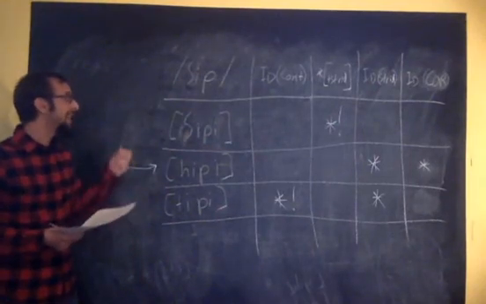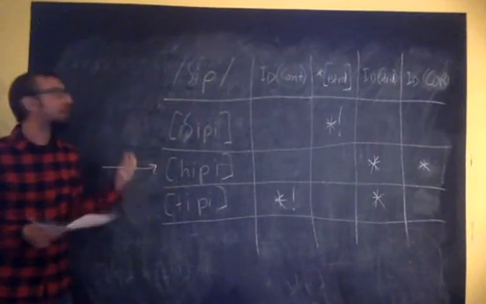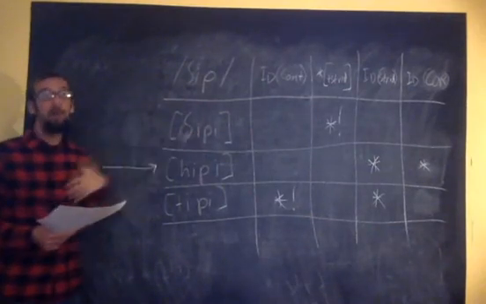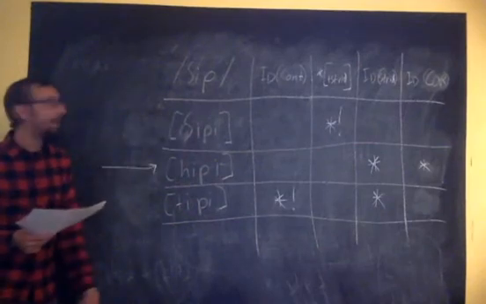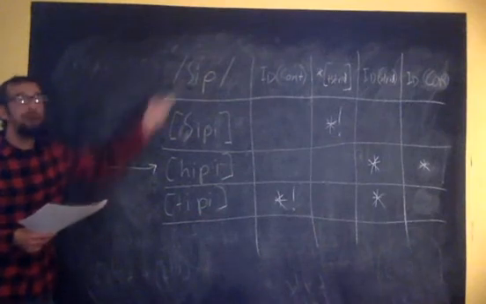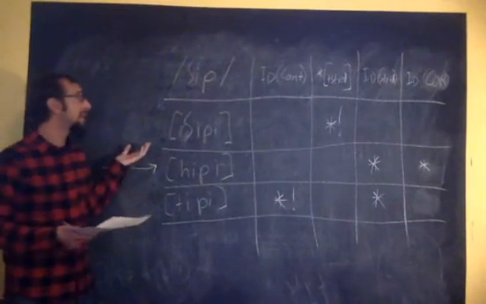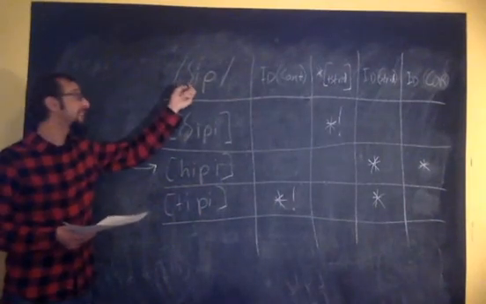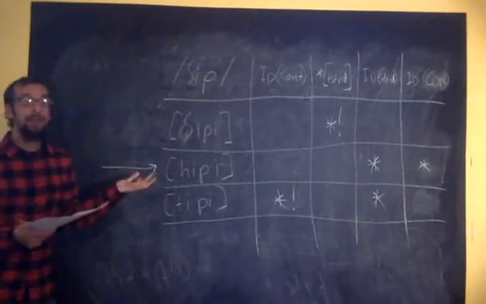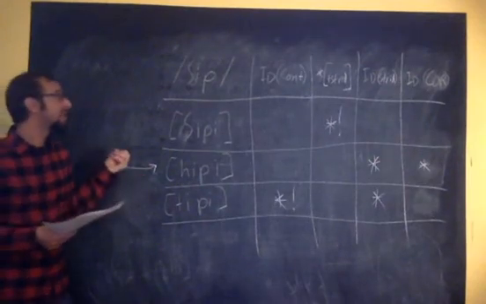And the idea is that if this ranking gets us the right output for sheep, then it ought to work with other similar kinds of input forms. And there's going to be one tableau for each possible input form. And you want this ranking to predict the right results across a broad range of input forms that share properties. So for instance, if we were going to look at other cases of initial strident fricatives that occur before vowels, we would expect that Maori grammar, being a systematic, productive system of knowledge, is going to do something similar to